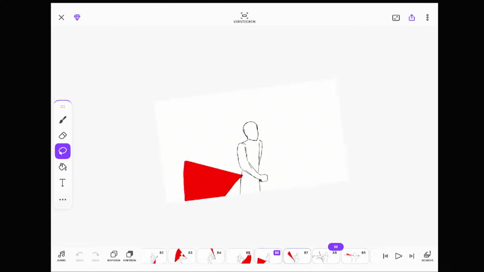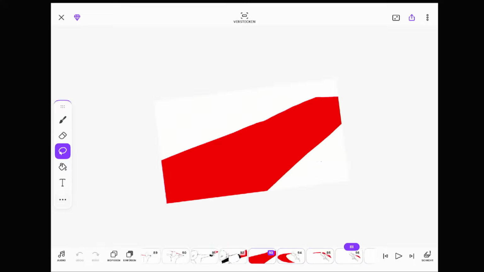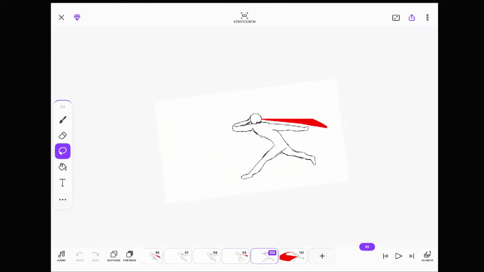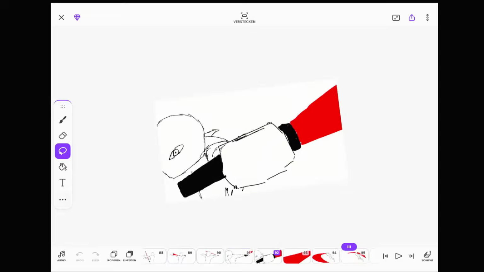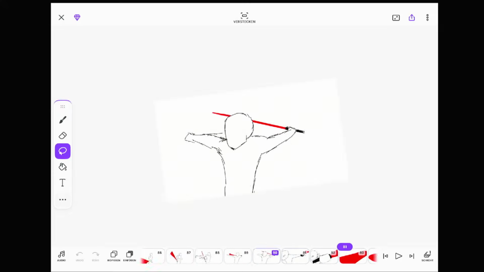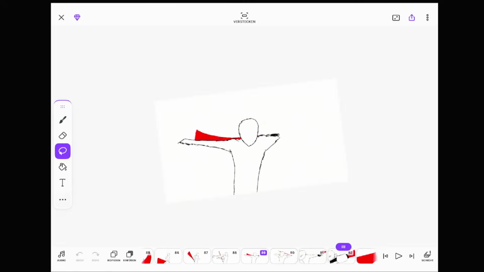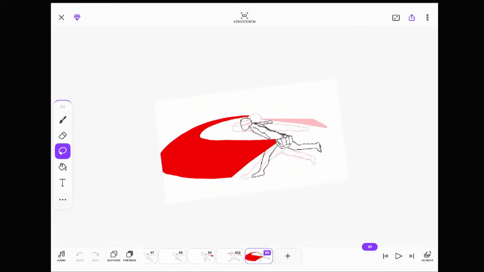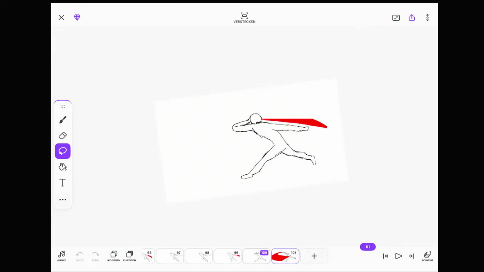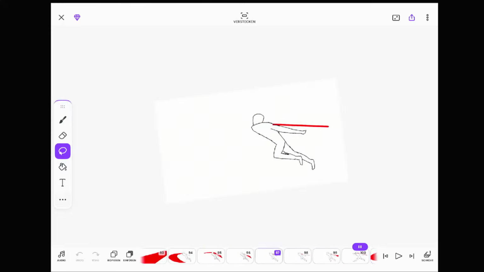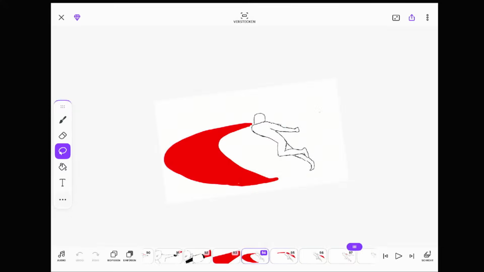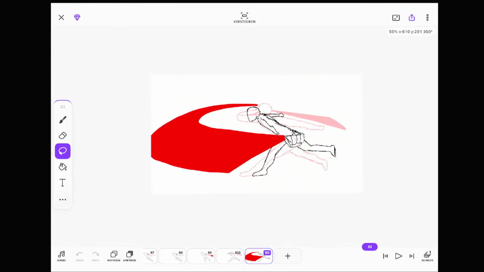The swing looks heavy enough here, like a lot of frames in between. Goes for the swing. Looks heavy. The only problem I have is that it looks like he is not moving much. So it looks like he doesn't move from where he's standing.